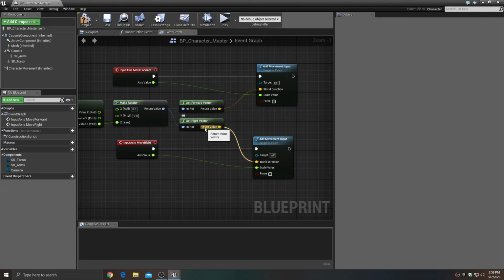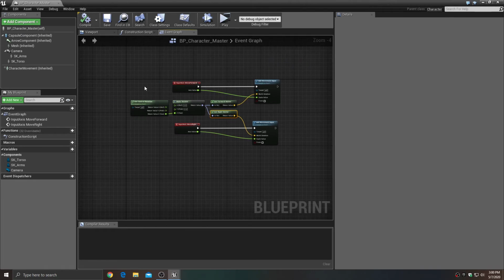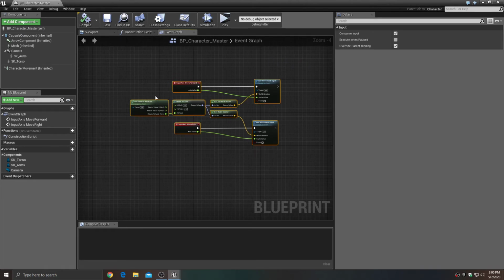There is no get left vector. It's only right. And if you need the left vector instead, you still get the right vector. You just multiply it by a negative value, which will make it go the opposite direction, which essentially is left. The up vector, if you need the down vector instead, you get the up vector and multiply it by a negative value. Okay? So with that right there, let's just go ahead and put a comment box, drag your marquee,